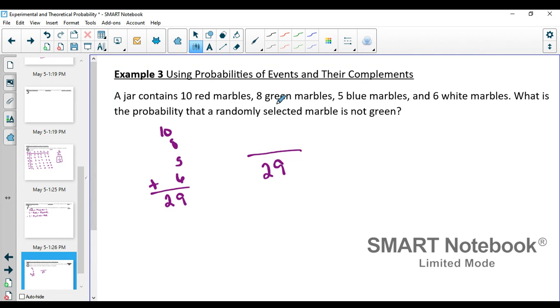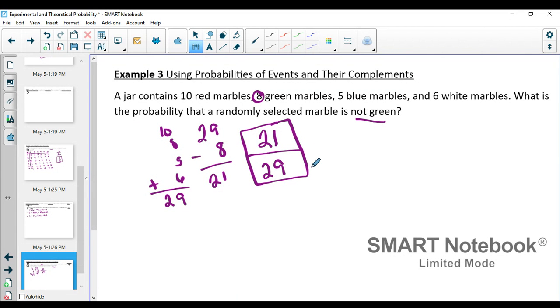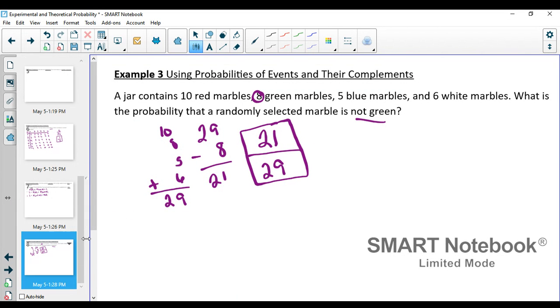Now, we don't want a green marble. So how many of the marbles are green is 8, but we want the rest of them that are not. So to get our denominator, we're taking the 29 and we are subtracting the 8 green marbles and get 21. So the probability of selecting a marble that is not green is 21 out of 29. And that's what the complement